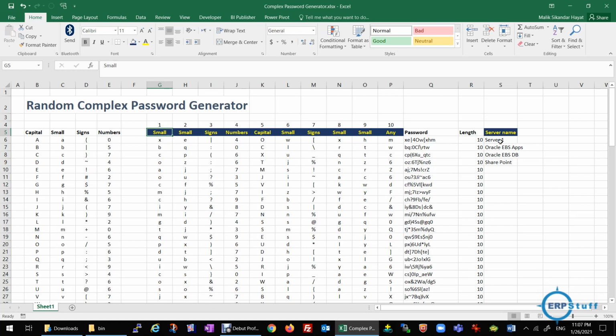Now, if you see here, after generating, I can take these values and keep them somewhere else, or maybe I need printed letters or whatever. Okay, what is the benefit of this? You might say, how will I type these while I am logging in to something?